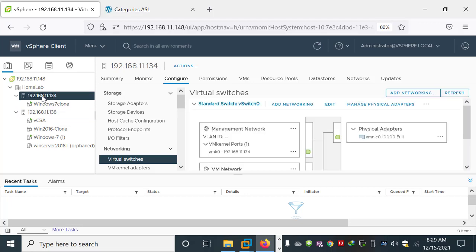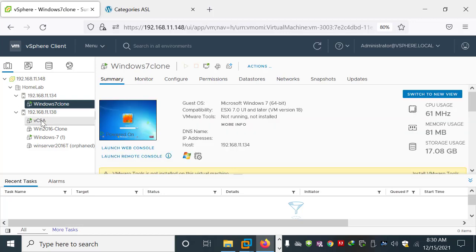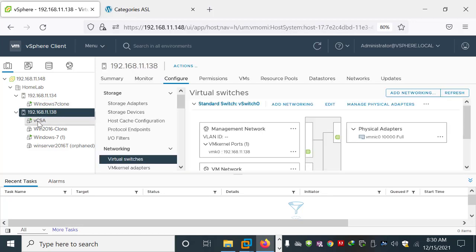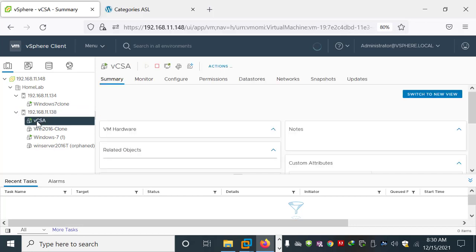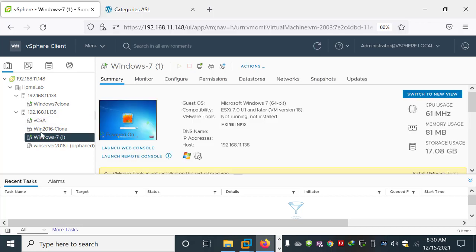On one ESXi host, I have a Windows 7 machine, and on the other host, I have installed this vCenter server, which is shown here.